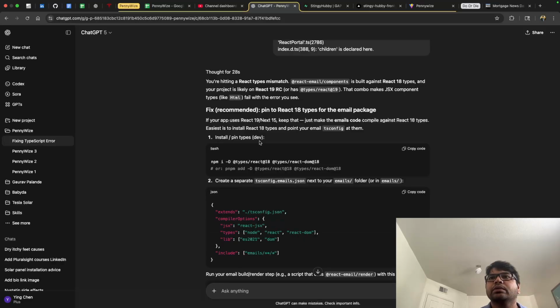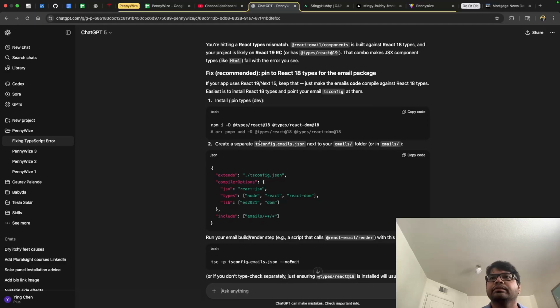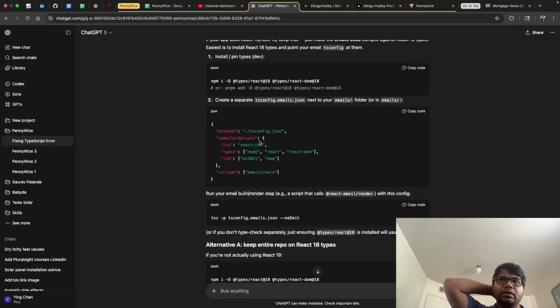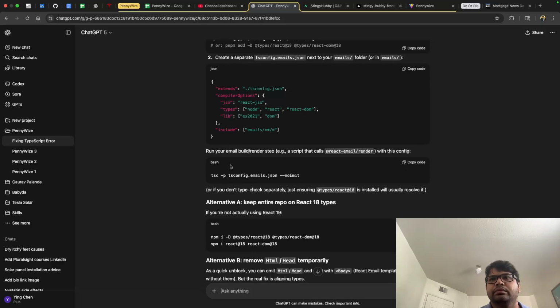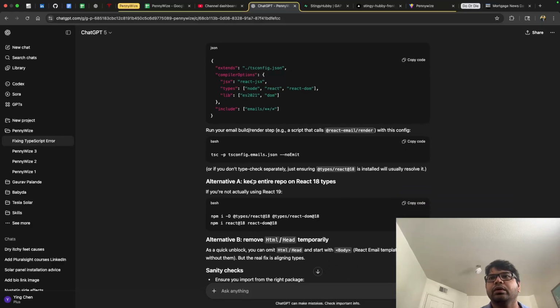Install pin types. So it's a dev dependency, and then in the tsconfig emails.json and slash emails we need to have this. Okay, and then